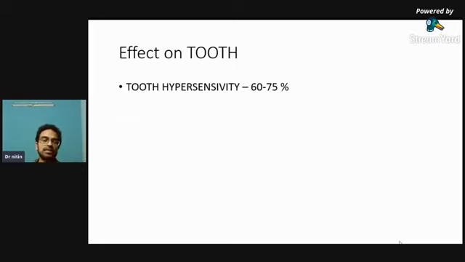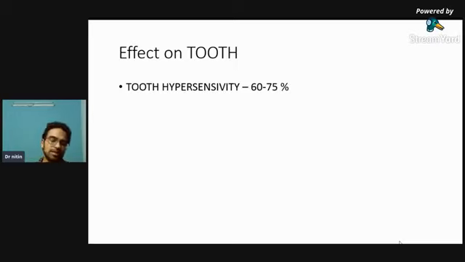Or what I say is, whenever you do a vital cutting, apply this APF gel on the tooth, give temporization, and when he comes before bonding, do this desensitization procedure again. So this will ensure the patient's tooth will stay vital and less sensitive.